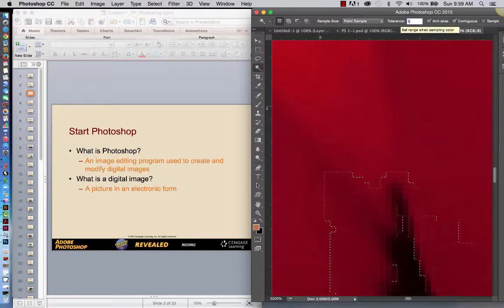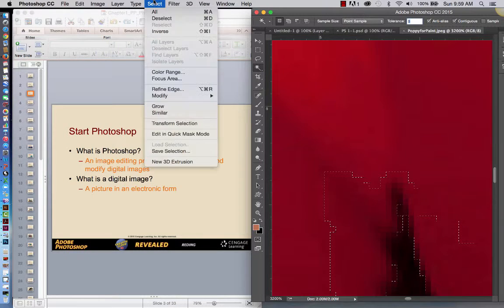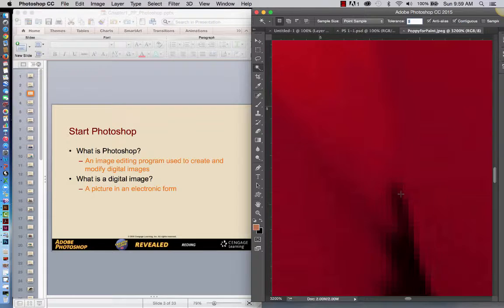Range, which when we're sampling color, which is what I'm doing with the magic wand, I'm selecting based on color. So I'm going to go up here to do a select and deselect, and I'm going to again select that same pixel, but you'll see how just based on the tolerance that selection is much smaller based on that range. So again, Photoshop is a digital imaging program. You work with digital imagery, which is a picture in electronic form, and there are a lot of things that you can do with it, but just